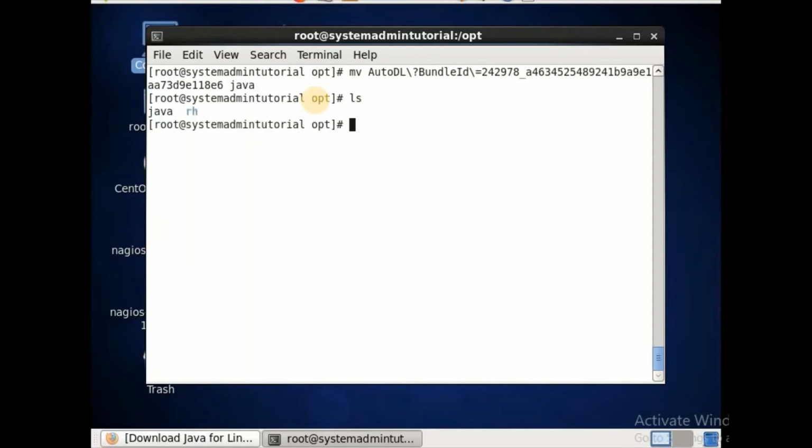Java is there, we have renamed the folder. Now we have to unzip this.